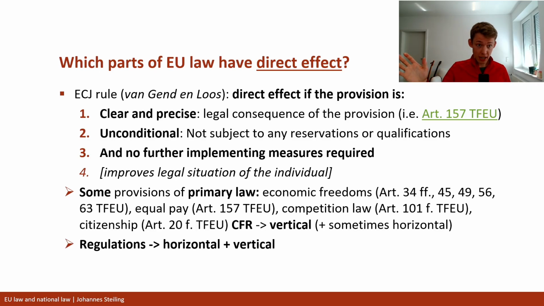Now, I already talked about regulations. Regulations generally have direct effect, and the ECJ has held that we don't need to check regulations all the time for direct effect, because by their very nature, they usually have direct effect. There are some very small exceptions where regulations might not have direct effect, but in general, they do. And in general, they have vertical direct effect against the state, also in this case the state against me, and horizontal direct effect. We can see this from the GDPR, for example.